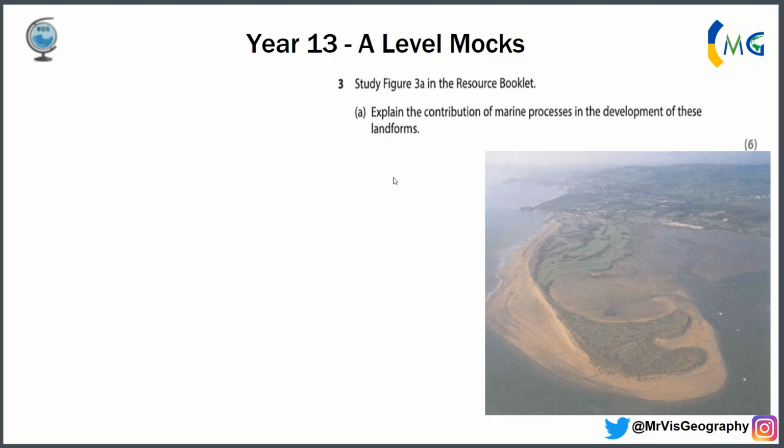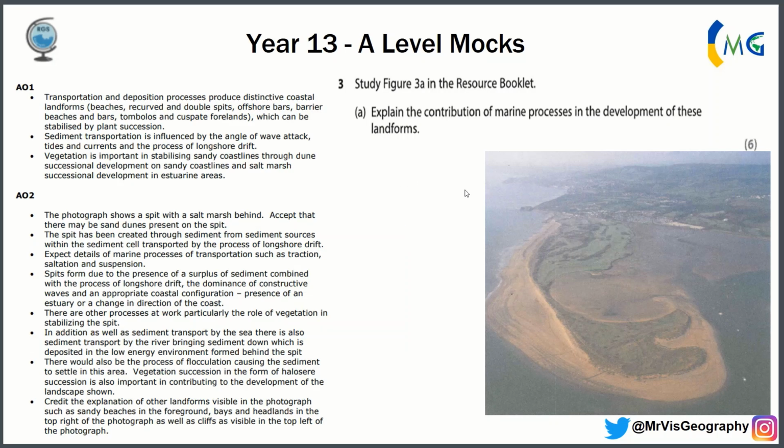So here's an example of the mark scheme. AO1 transportation. You see it here, vegetation, important stabilizing sand dunes. It's just making points basically, whereas your AO2 is you really explaining how it functions. Again, every time I'm going to show you the mark scheme so you can see what it says, but I've sort of explained what